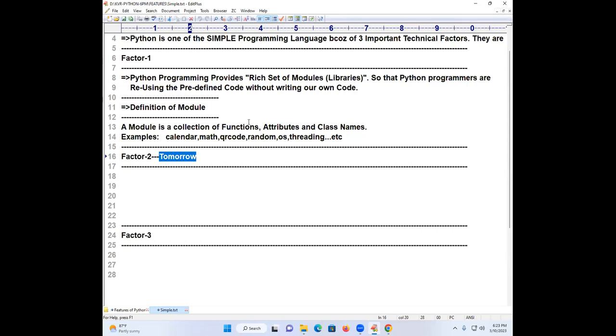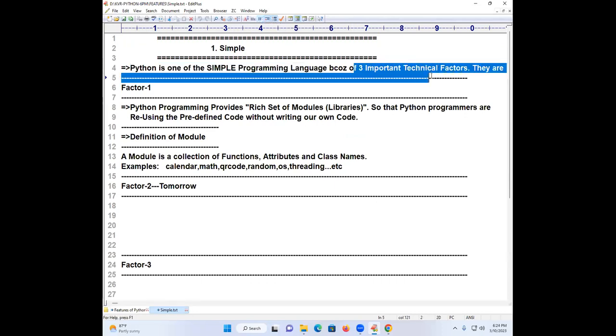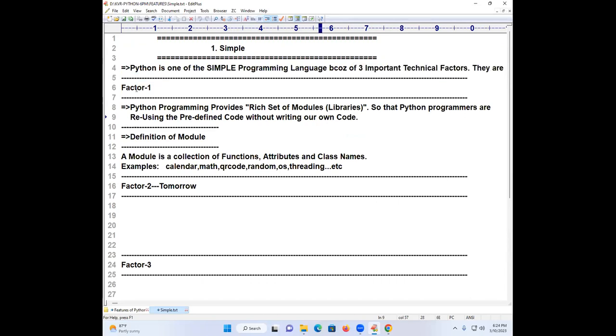So Python programming provides what? Now we'll discuss factor number 1. Python is one of the simplest programming languages because of 3 important technical factors. What is the first technical factor? Python programming provides a rich set of modules.